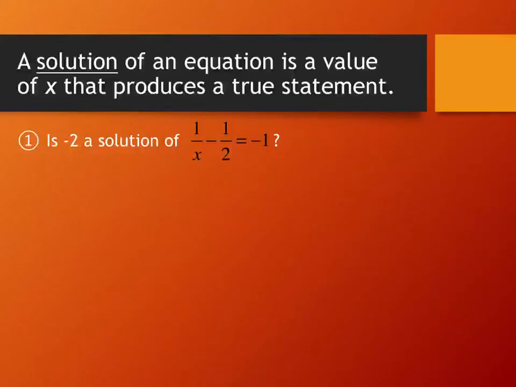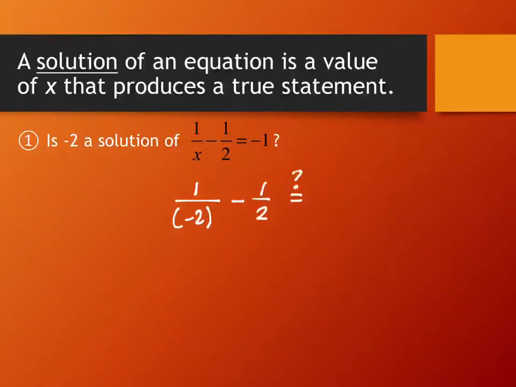Okay? So what it means is if I take the value that I think is my solution and evaluate it in my equation, it makes both sides equal. So this question asks, is -2 a solution? It's not asking you to find what the solution is, it's just asking you to test if this one works. That's actually easier than finding a solution. So you put the -2 in for the x,